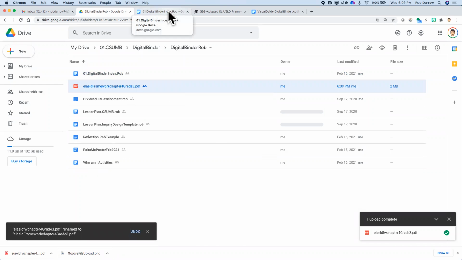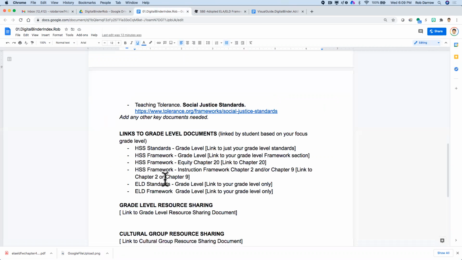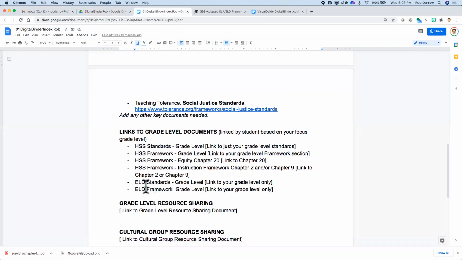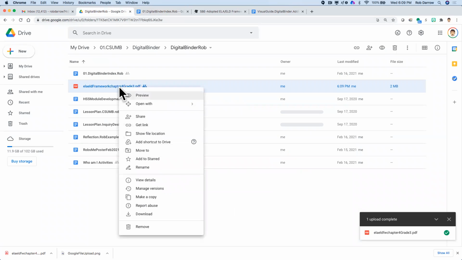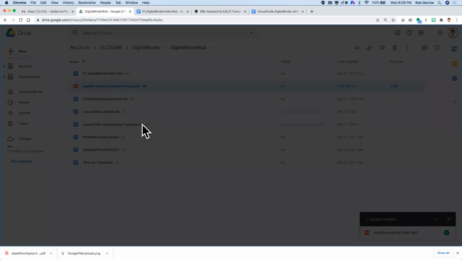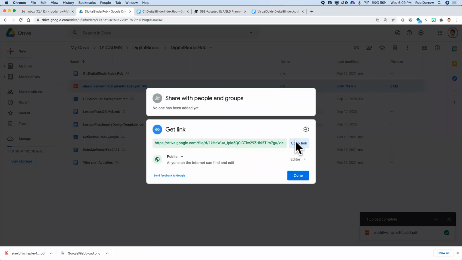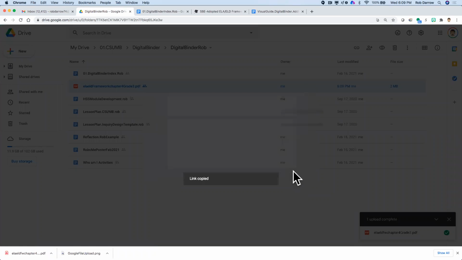And then I need to put the framework document for third grade right down here. Here's the ELD framework grade level. So I need to link to my third grade level right here. In order to do that, I have to go back to my folder. I click on the document, do a right mouse click, and click on Get Link. And it's going to pop open with this, and then I've got to copy the link, click on Done, and